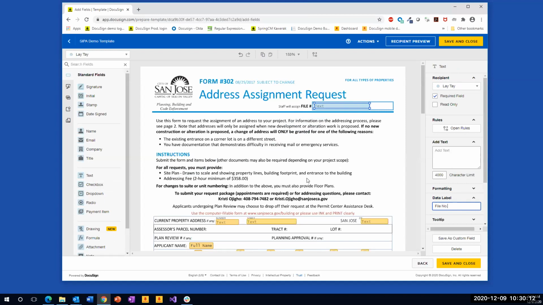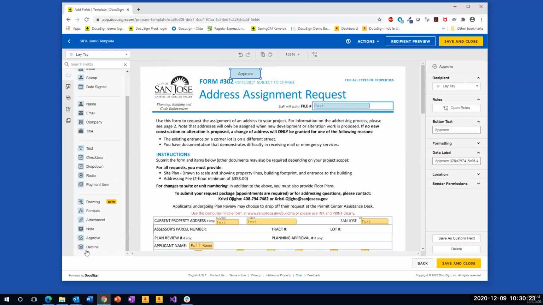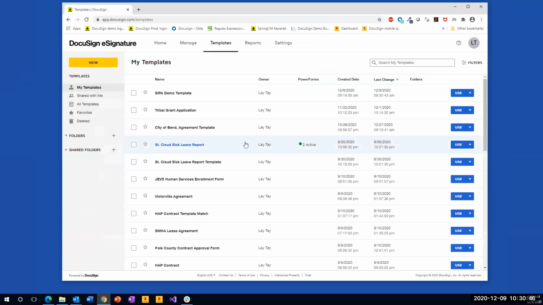And in this case, I do not sign on the form. However, I need to approve it. So in situations like this, you can also make use of these special buttons, approve, decline. I can put a button here for me to approve, another button here for me to decline. These are special buttons. They will only appear to me as the approving officer. It will not appear to the applicant. All right. So that's all I want to do with this form. Let's assume that this is all the fields that I want to capture. So I want to save and close. And now what I have in my DocuSign account is a template, right? Let's talk about how to use the templates next.